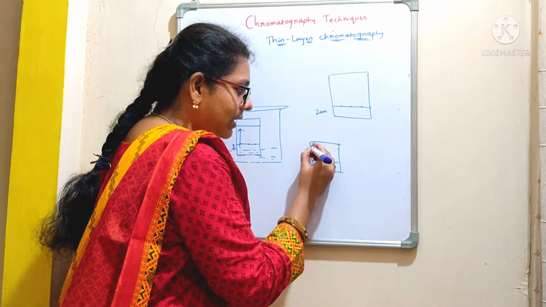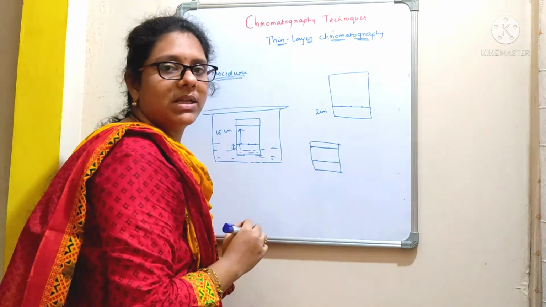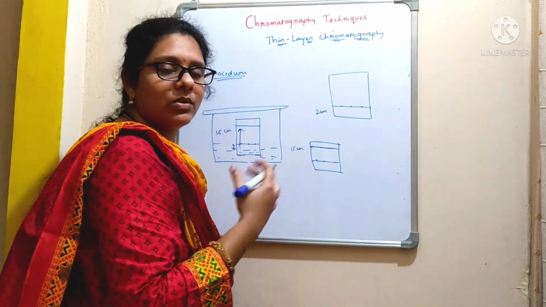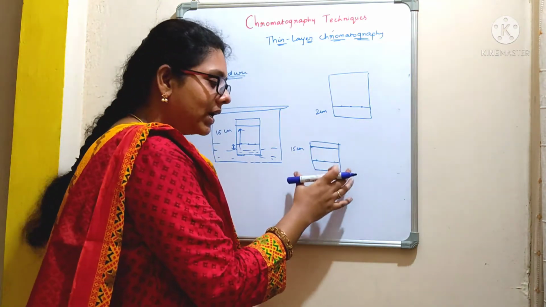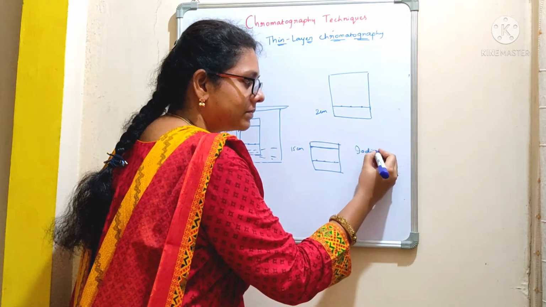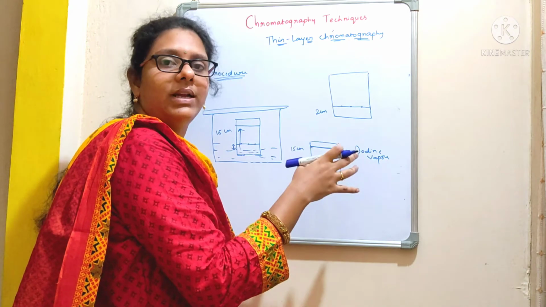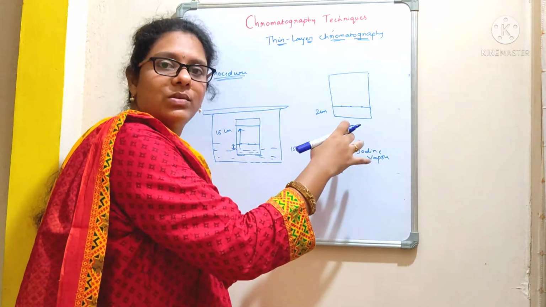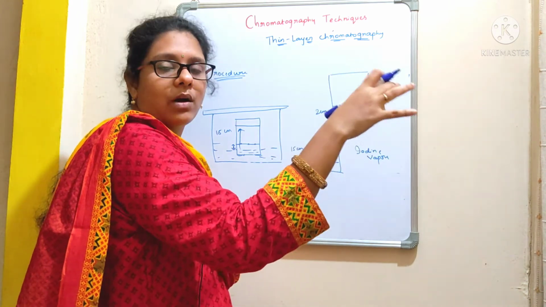Now you exactly know the location, right? You are going to mark it with the help of a pencil again. So the total distance is around 15 centimeters. You can measure it with the help of a scale. Now what you do? You can expose this TLC sheet to iodine vapors, or you can directly observe this sheet under UV light. When you expose it to UV light, you can clearly visualize those spots or bands. So each band will represent a specific compound.